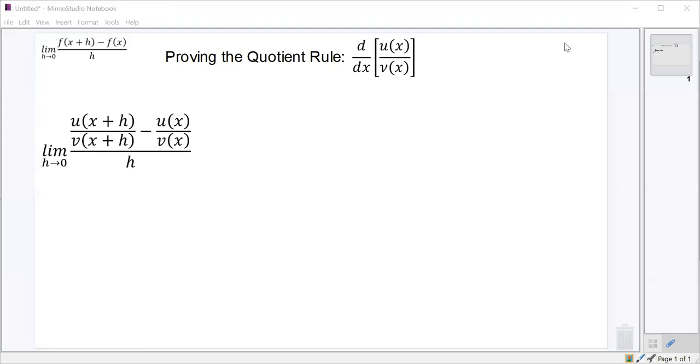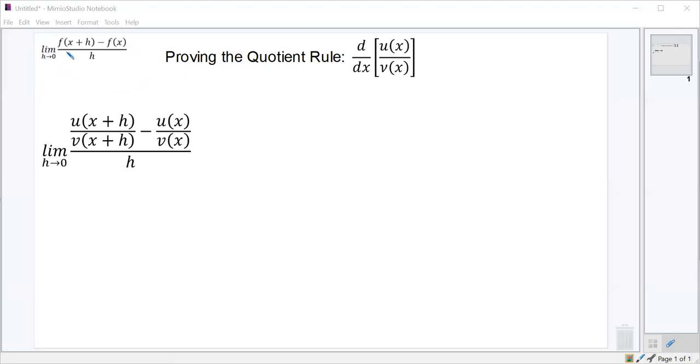In this video, we're going to prove the quotient rule for derivatives. The quotient rule needs to be used anytime you're taking the derivative of one function divided by another function. So in this case, we have the derivative with respect to x of u of x divided by v of x. As with all of our proofs, we're going to use the limit definition of the derivative